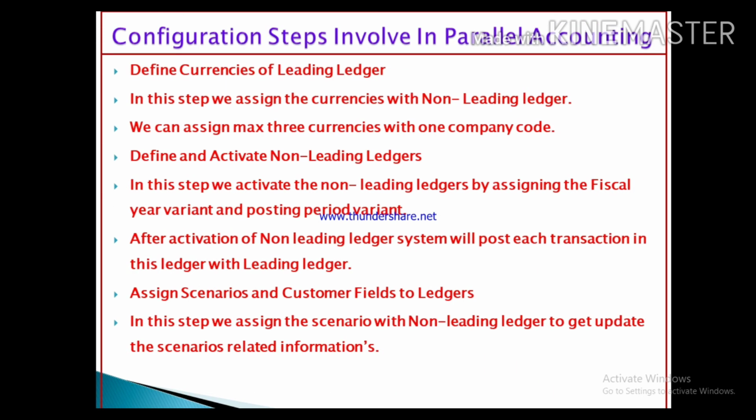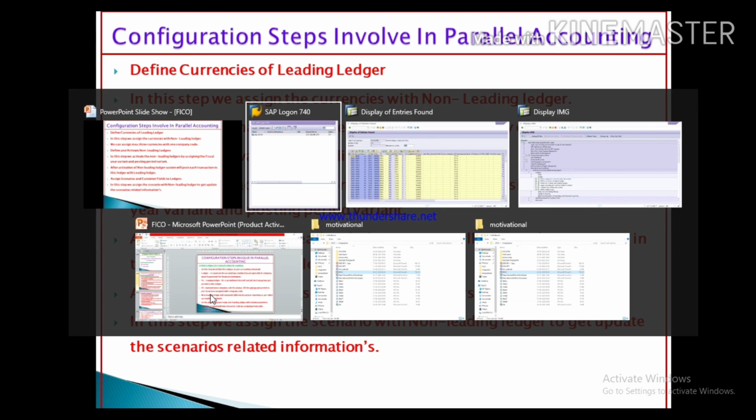Here I have mentioned also, in this step we assign the currencies with the non-leading ledger. We can assign a maximum of 3 currencies with one company code. Let's define.